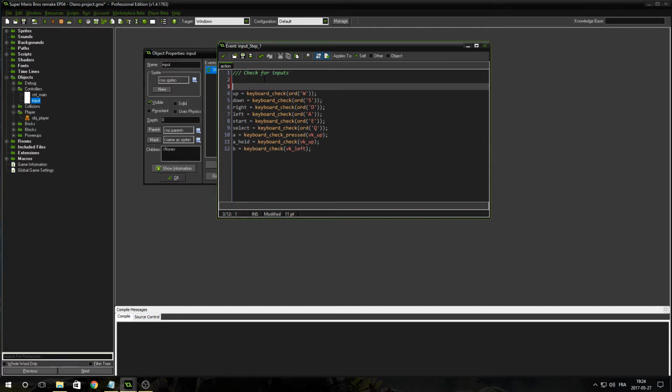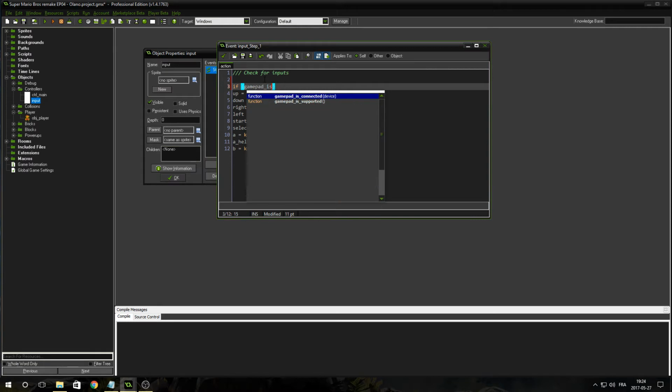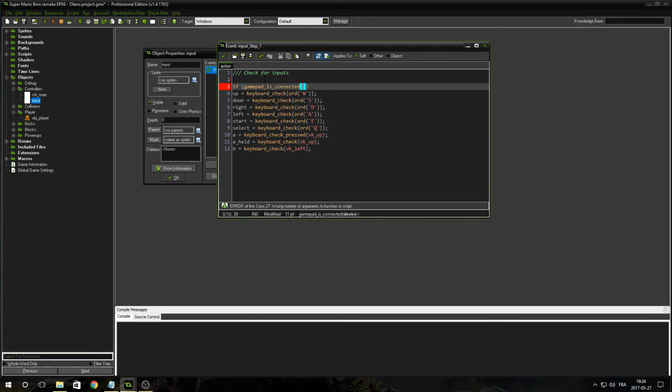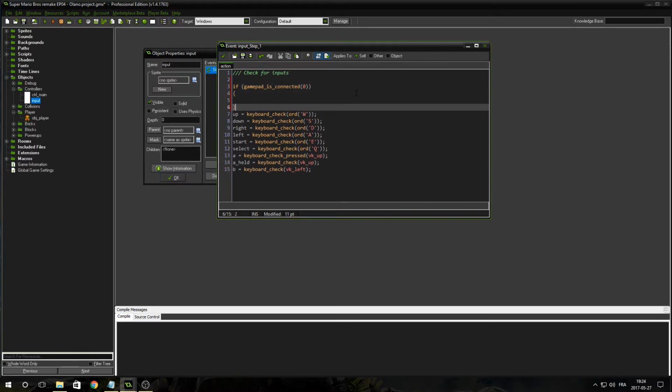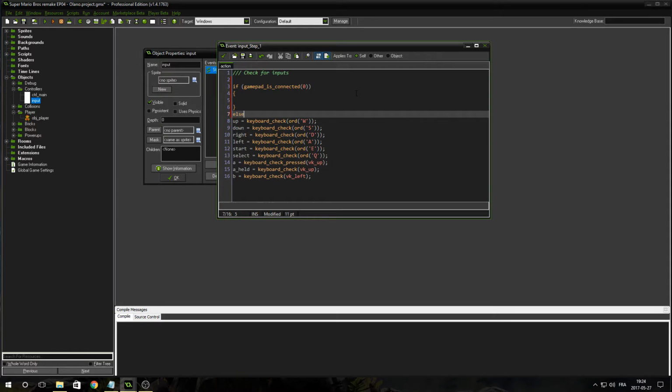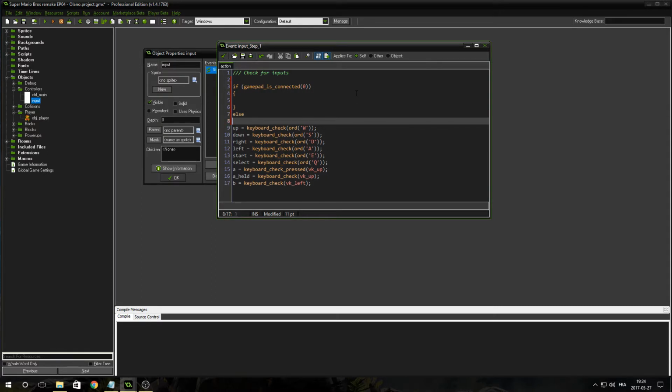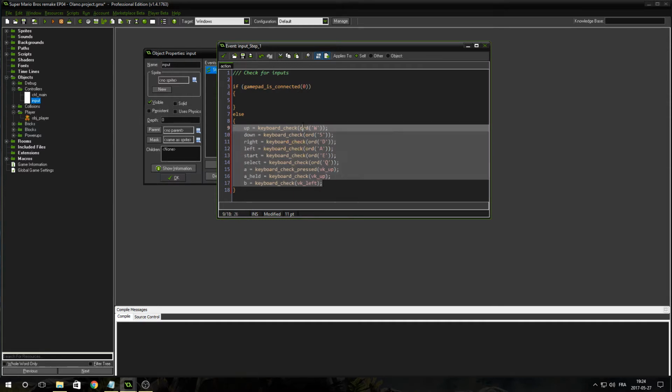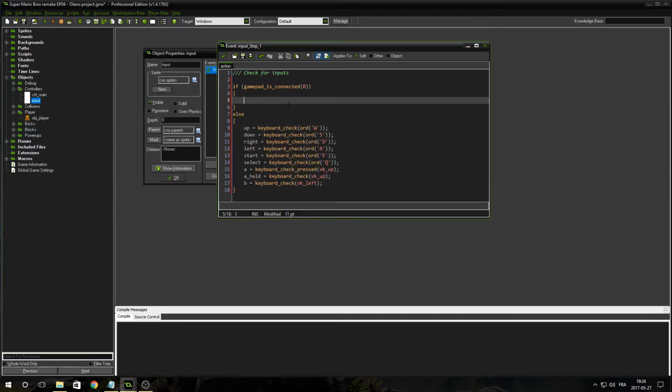So, first off, we want to check if there is a gamepad connected. So, gamepad is connected, yep. And we want to check for the gamepad 0. Do something. Else, which means that the gamepad is not connected, then you can go ahead and use the keyboard. Just like so. Alright. Now, in case you didn't know, if you middle click on the gamepad is connected function,